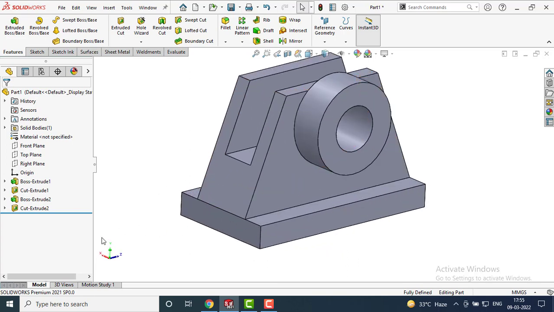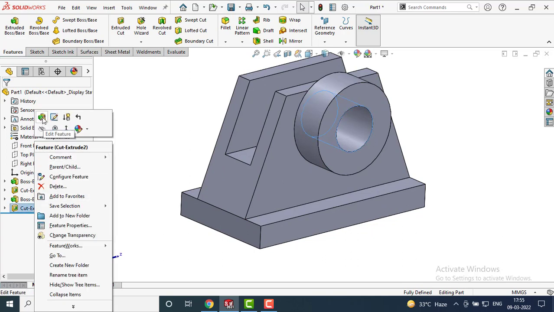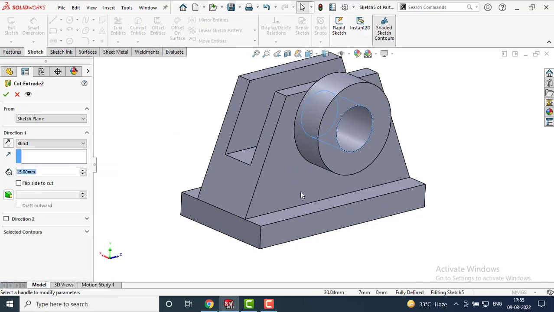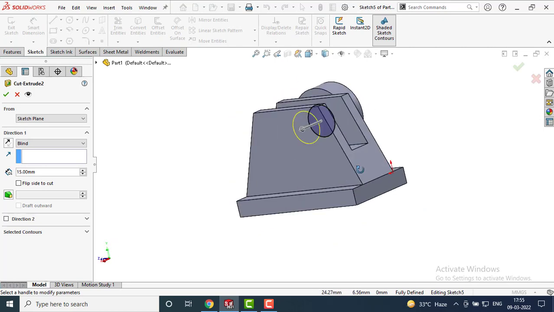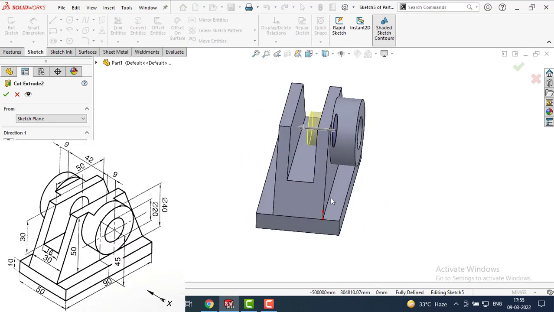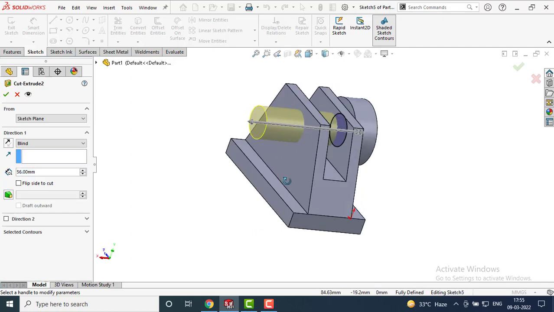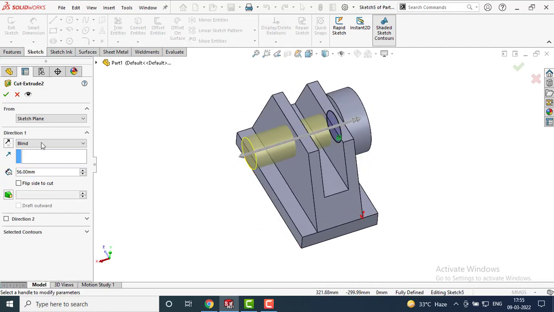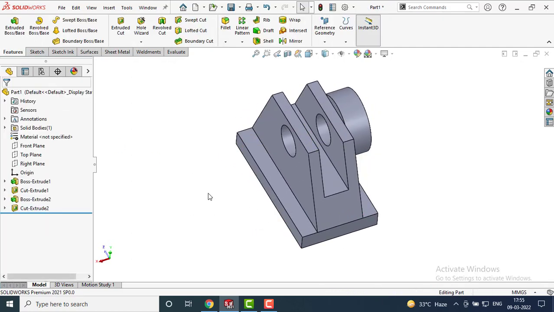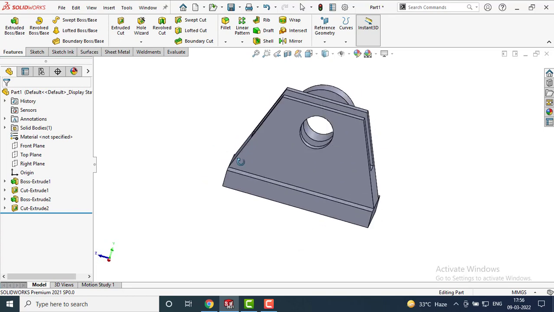For this, go to extruded cut, right click and select edit feature. And you can trace this out of this plate like this and click OK. Now the hole is created in both the plates.